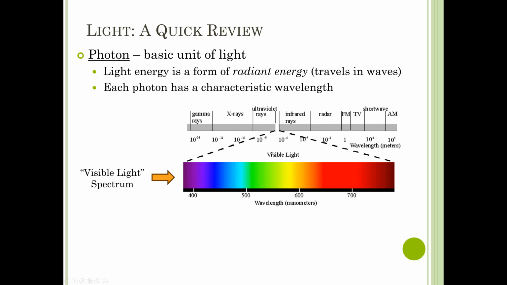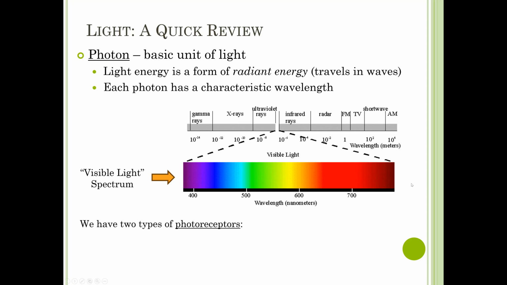There are other animals in the animal kingdom that have receptors in their eyes that let them pick up other parts of the electromagnetic spectrum. For example, birds and bees can see in the ultraviolet range, which we cannot. So the visible light spectrum refers to what humans can see with our photoreceptors.